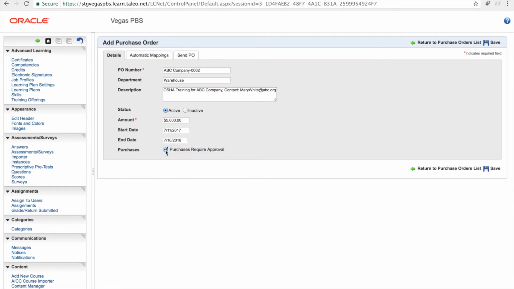This last checkbox here is for whether or not purchases require approval. An example of that would be maybe there would be a voucher system in place. But in this case, we're not going to have this box checked. We're going to say that purchases do not require approval, and that's the last thing that we need to fill